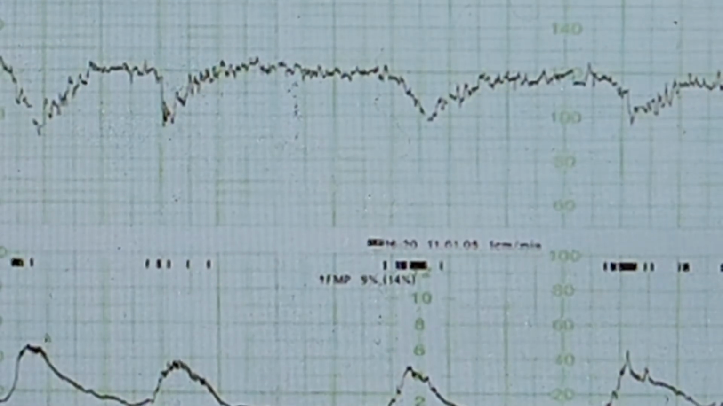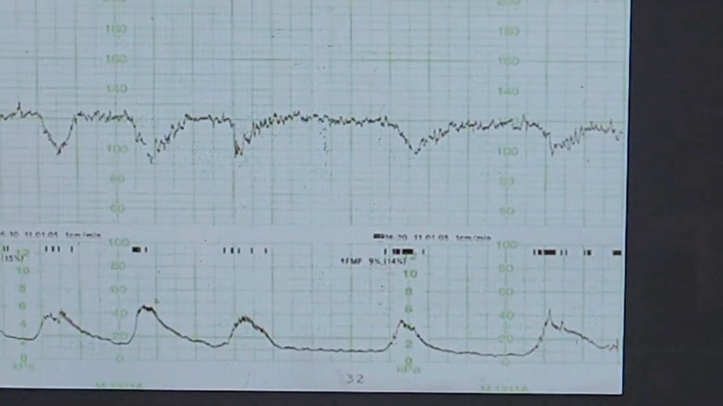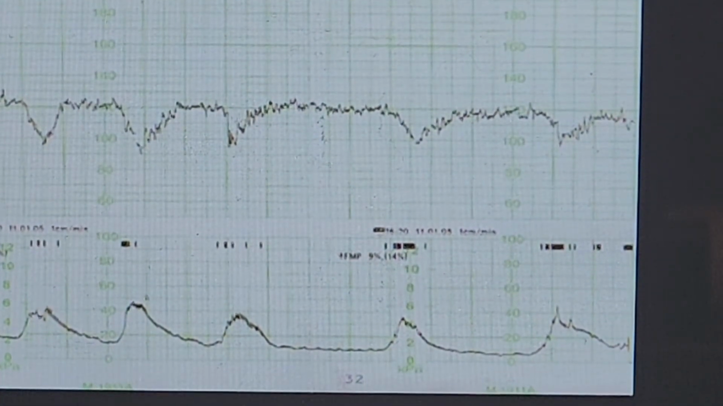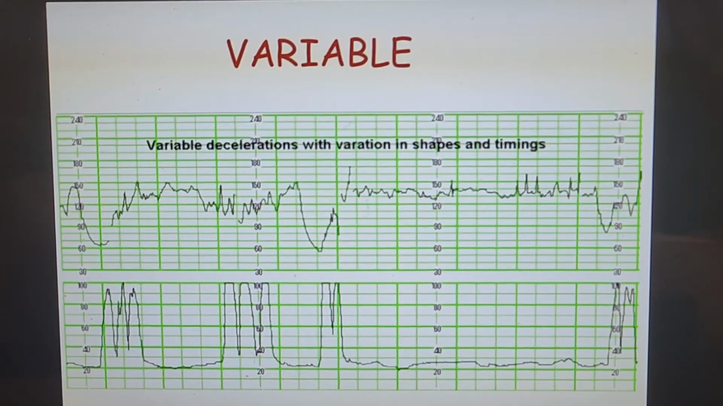This is an example of variable decelerations. As I said before, it's a V shape, and as you can see, it looks like a V, and usually it reflects cord compression. To summarize what we just explained, you have to know that there are main components of